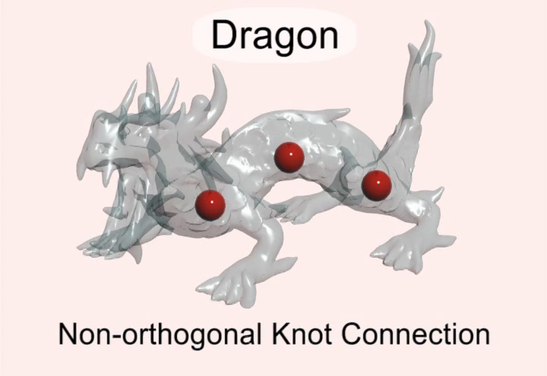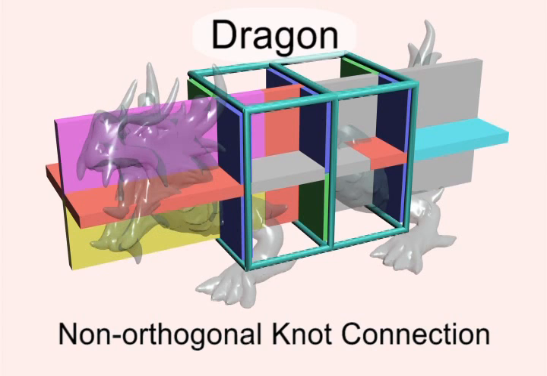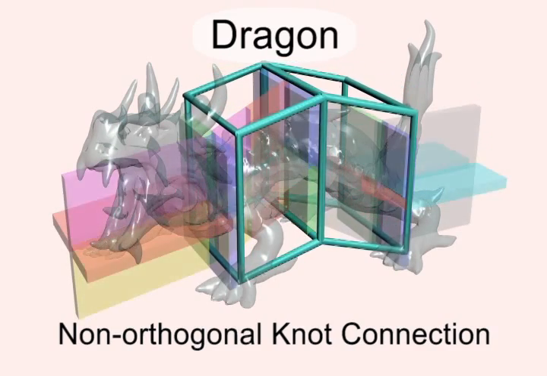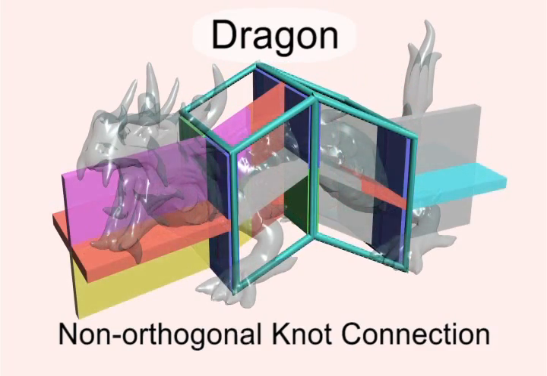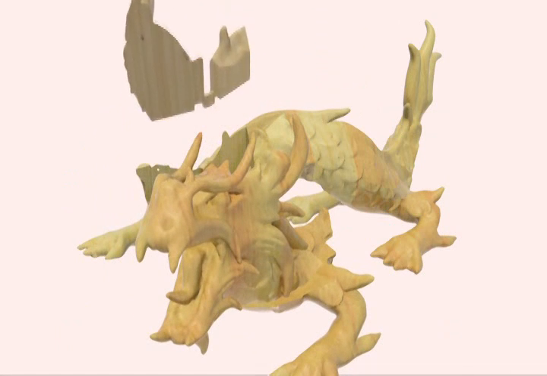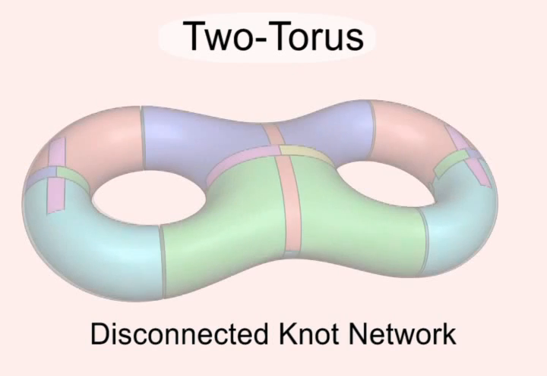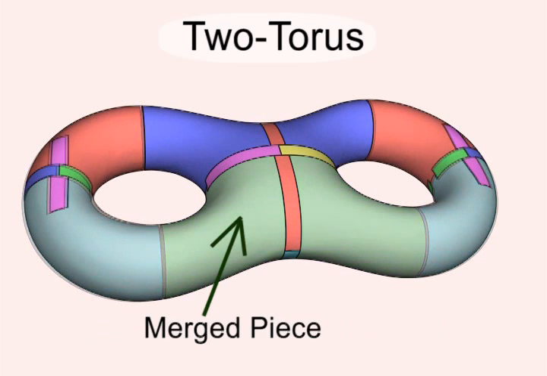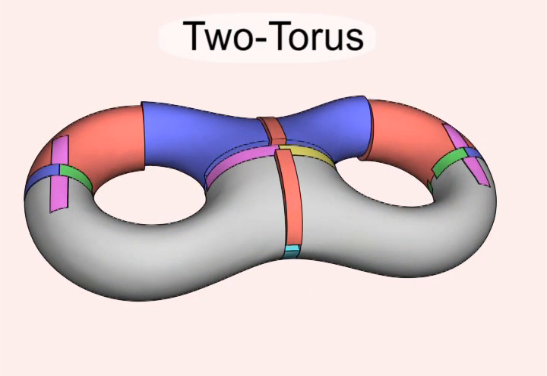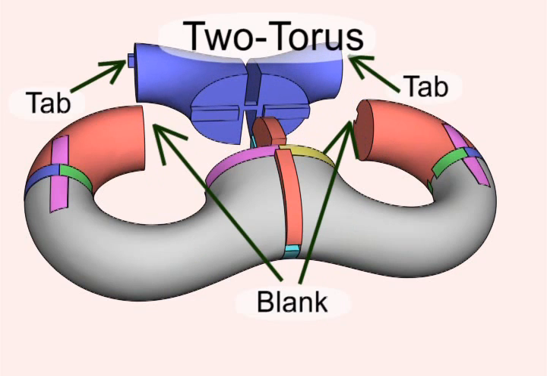Extended cases. To arrange these 3 connected knots on Dragon, we applied piecewise shearing to deform the puzzle skeleton without violating the motion space of pieces, which allows non-orthographic connection. To torus with 3 disjoint knots, we can merge puzzle pieces to connect them, but these knots are still independent. So, we add in tabs and planks to block the keys of the other 2 knots to enforce the single